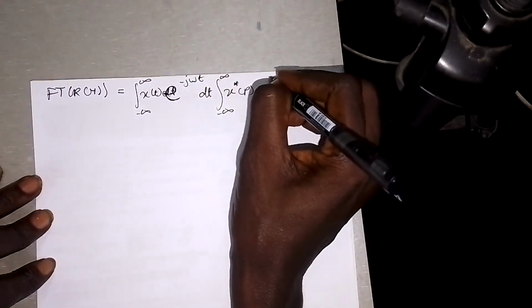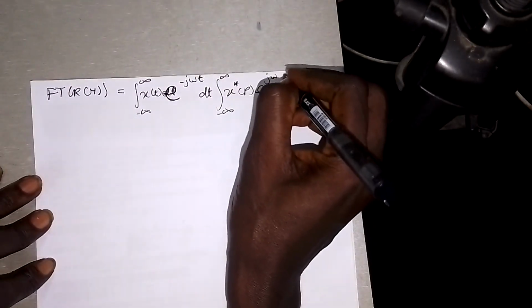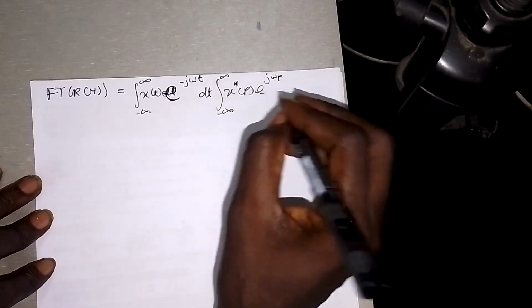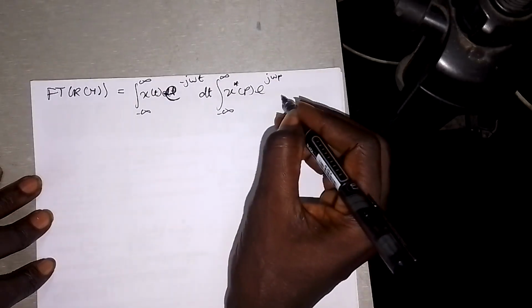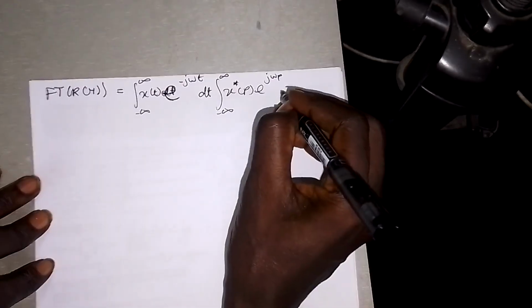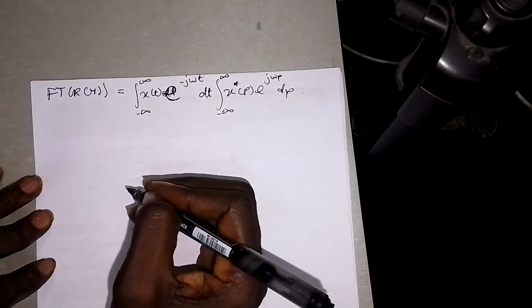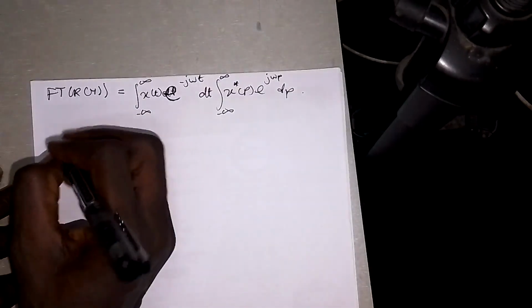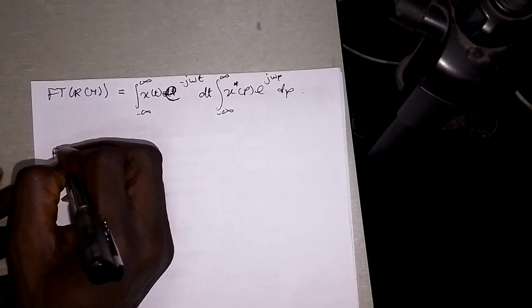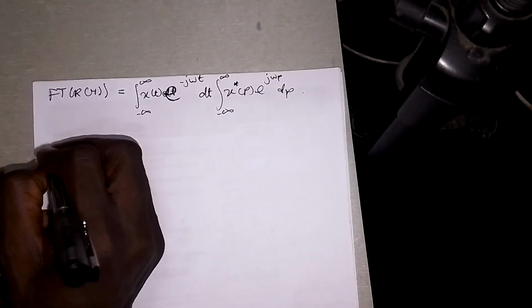Then I'll have positive jωp, into dp. Alright, so now what I can say is that this Fourier transform,